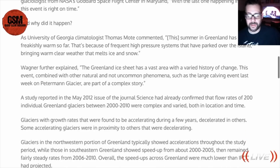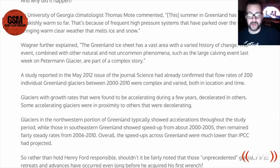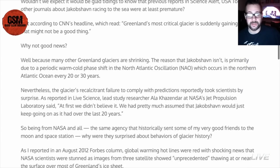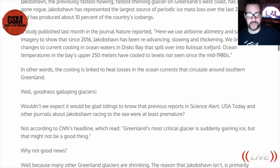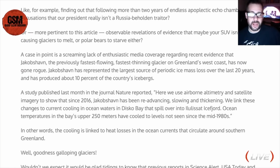And now we are in the cold phase of it, and we are experiencing record growth of the Greenland ice sheet. In fact, we thought, or not we, but others thought, that we were going to continue to see this trend that we've seen over the last 20 years of melting. But the NAO, the North Atlantic Oscillation, changes every 20 to 30 years. And so we've seen this periodic ice mass loss over the last 20 years, and it has produced about 10% of